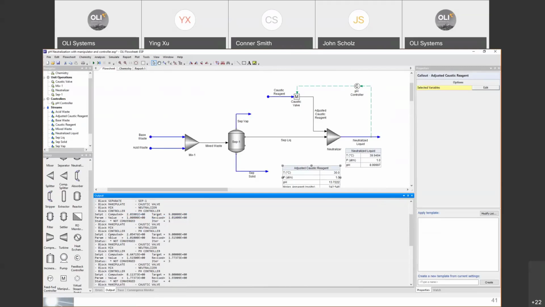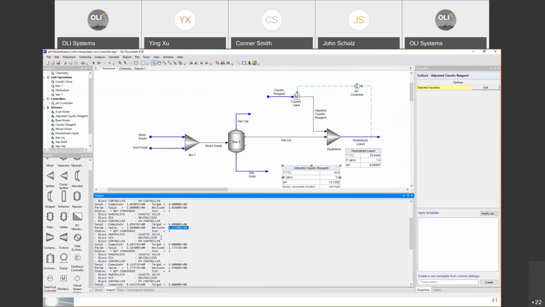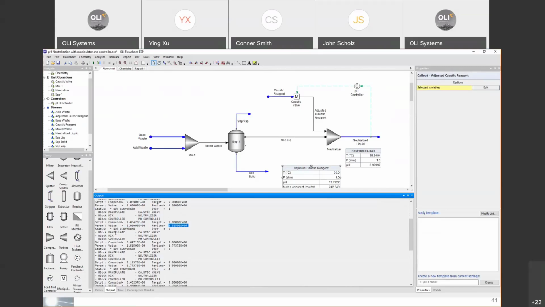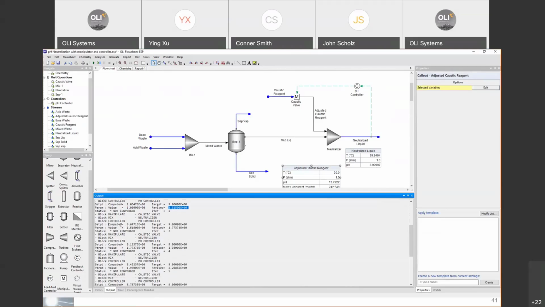So it goes back, increases the parameter value to 1.01, revises the pH, still not good, and it continues doing that. It computes a new pH, the target is 9, still not good, this is the third iteration, it doesn't converge,